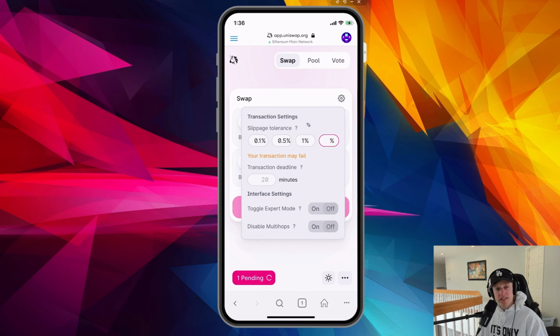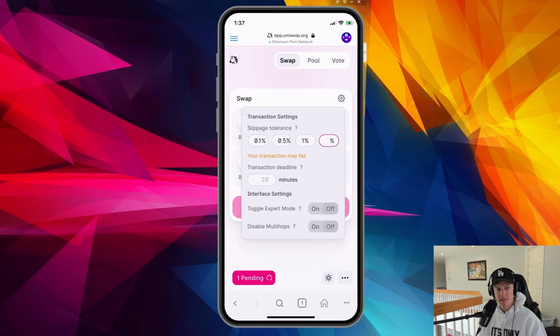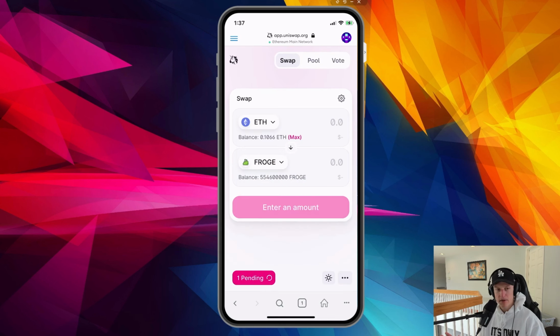Now, to enter the custom slippage tolerance, you're simply going to type it into this little section right here. Just as a heads up, for some reason on iPhone, it seems to be a little bit buggy. When you click into this section, it doesn't seem to show what you're typing. So just to play things safe, because I can't see what I'm typing, I push the back button, make sure it's completely empty, and then I push 5 once and push the done button, and the slippage tolerance should be set. I'm going to click away, and now it is time to begin the conversion of our Ethereum